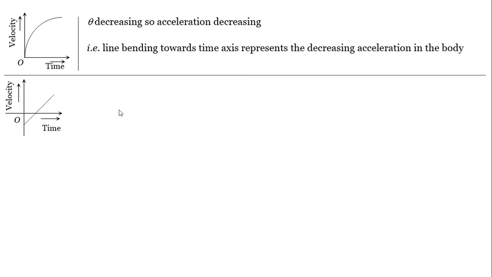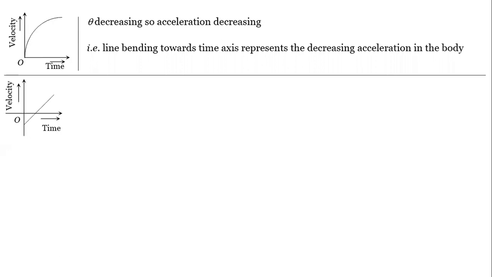If I talk about the angle, it is constant because the angle is made with the x-axis. So at every point, the angle is uniform. If the angle is constant and between 0 to 90 degrees, meaning it is less than 90, then tan will be positive. If tan is positive, it means acceleration is positive, which means velocity is increasing.